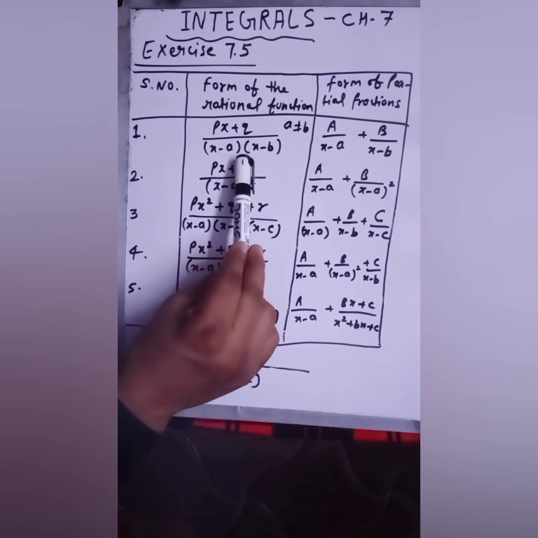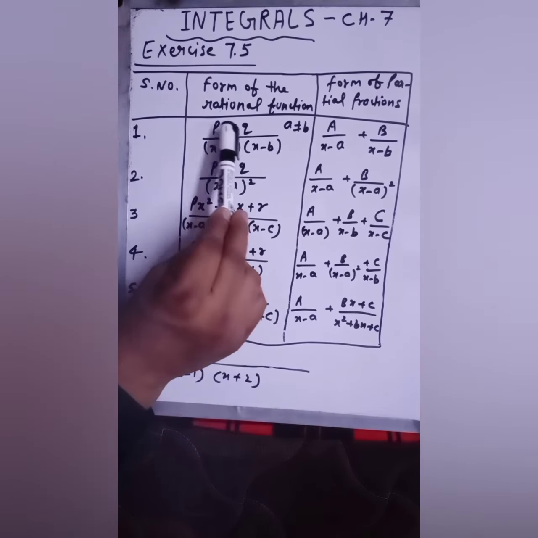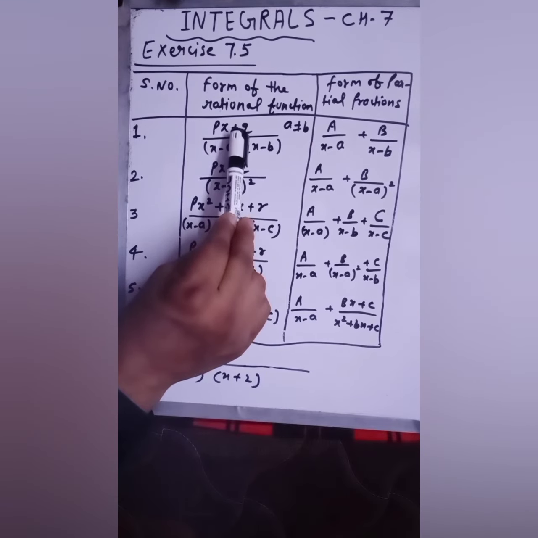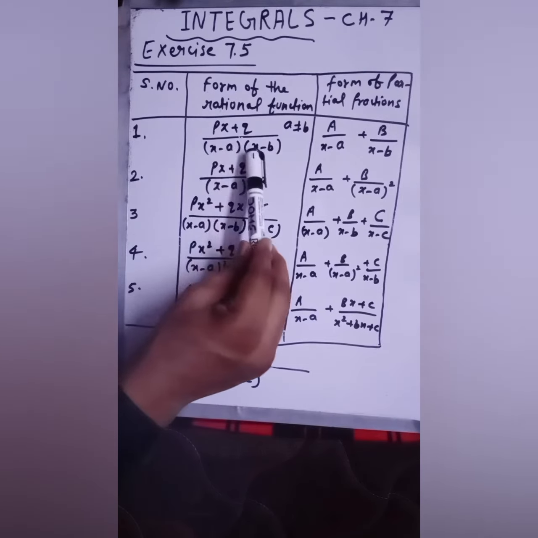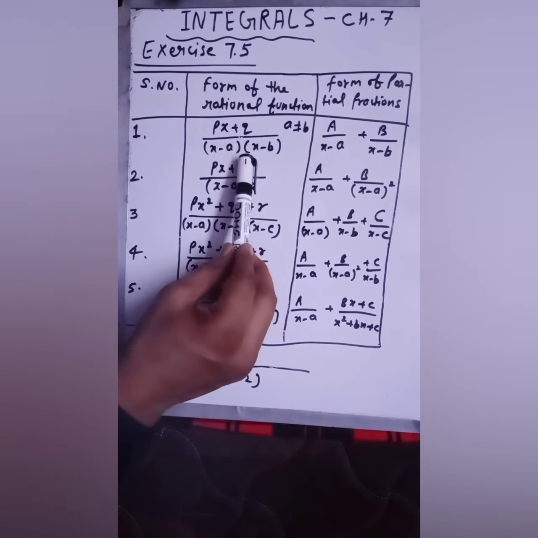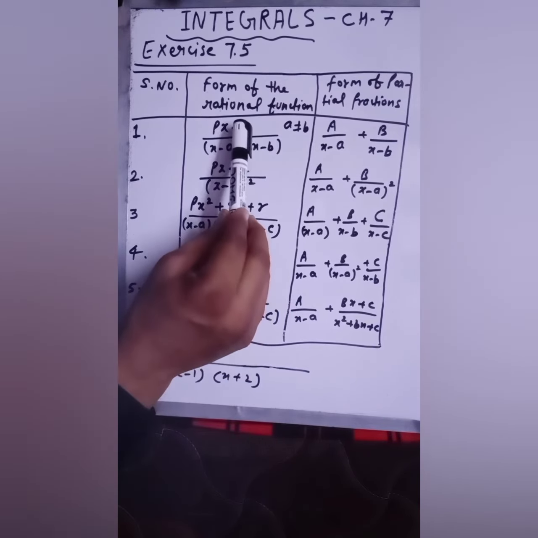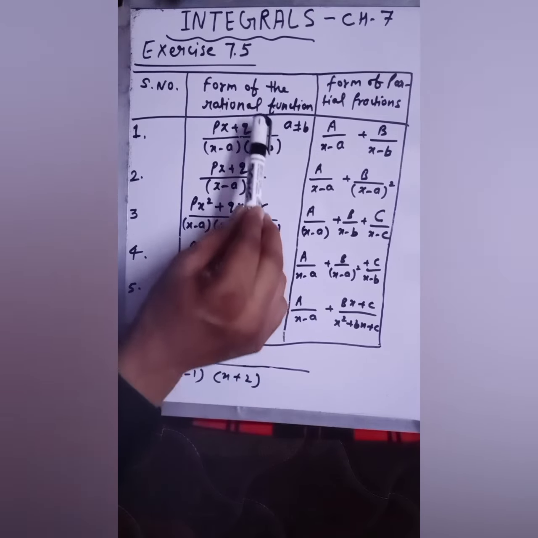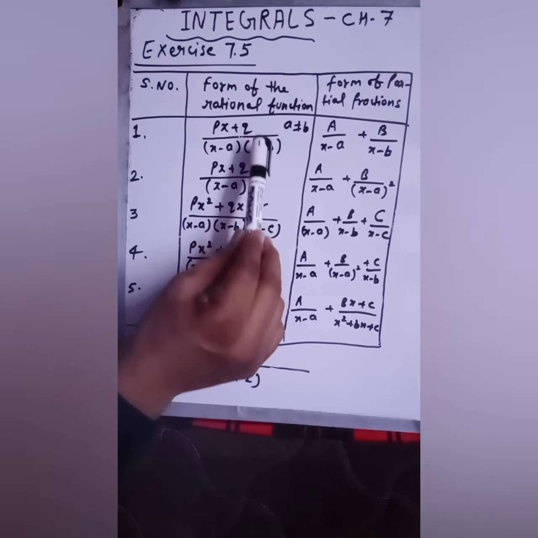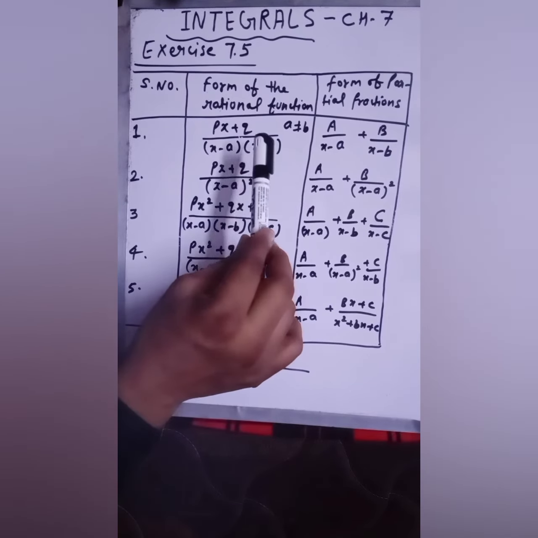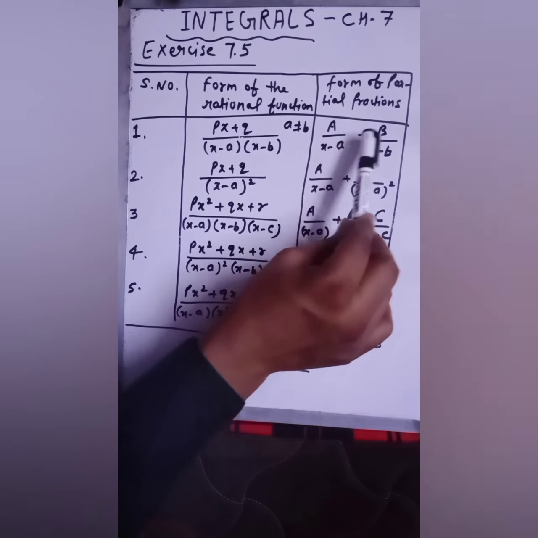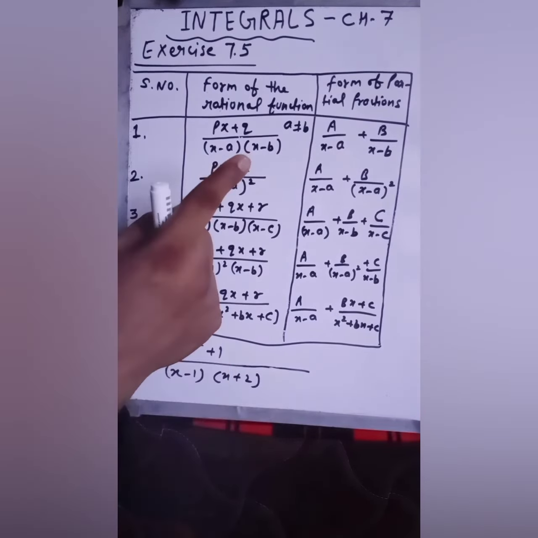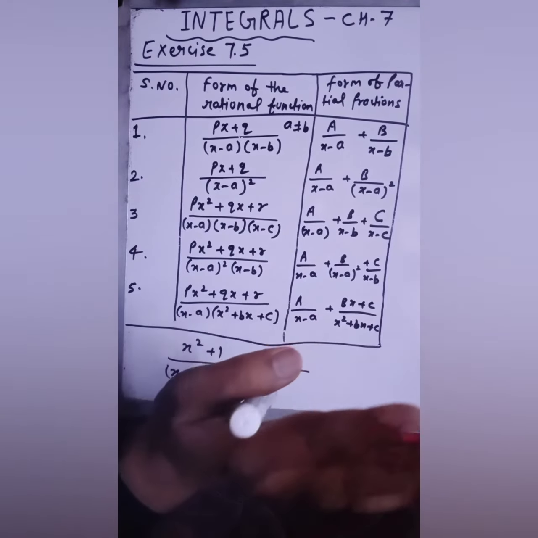rational function is in this form, where up there is a linear equation given to you, and here you have a denominator like this. As we can see, the degree of the denominator is more than the degree of the numerator. So if you get any fraction in this form, you can convert that into this. A upon this plus b upon this. When you apply this concept in any question, then you will understand.